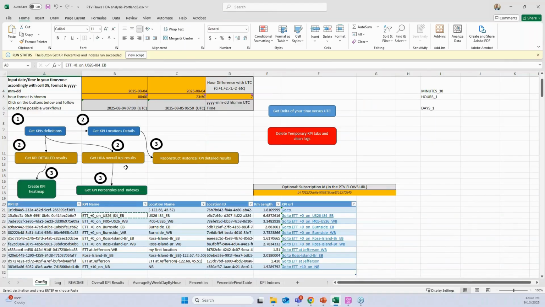The unique thing this has, that is not currently in the user interface, is the ability to pull historical data before you set up one of the KPIs, so you're able to do that. We can also generate the heat maps just like in the web interface. So if I click that,